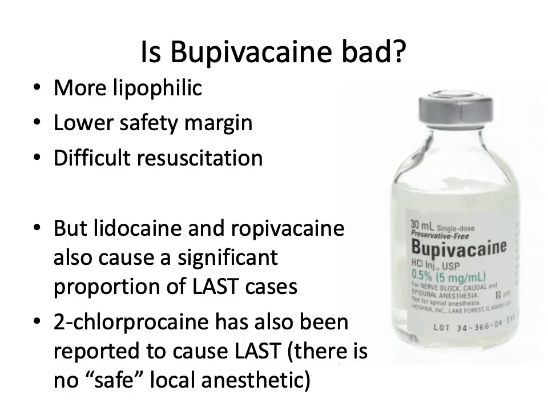So you may notice that bupivacaine has the lowest safe dose at 2.5 mg per kg, and you may have heard that it is particularly cardiotoxic. And that is true. Compared with other local anesthetics in common clinical use, bupivacaine is more lipophilic and has a greater affinity for voltage-gated sodium channels. Those qualities likely contribute to its cardiotoxicity. Resuscitation after LAST caused by bupivacaine is more difficult.